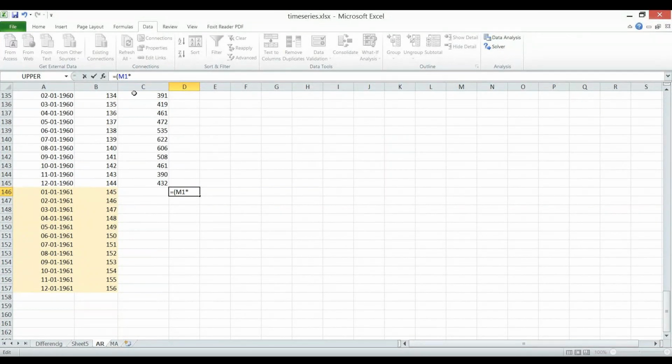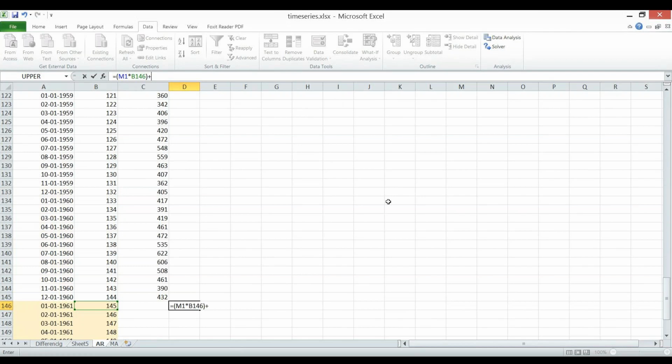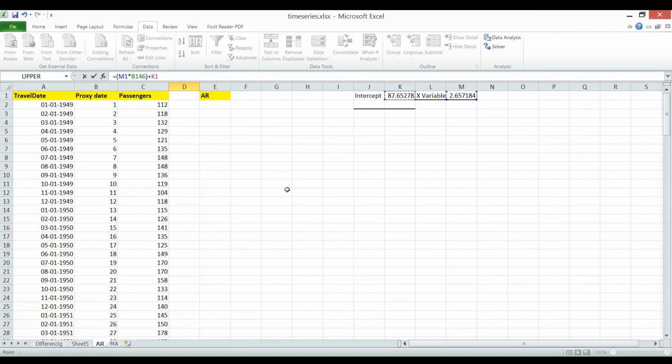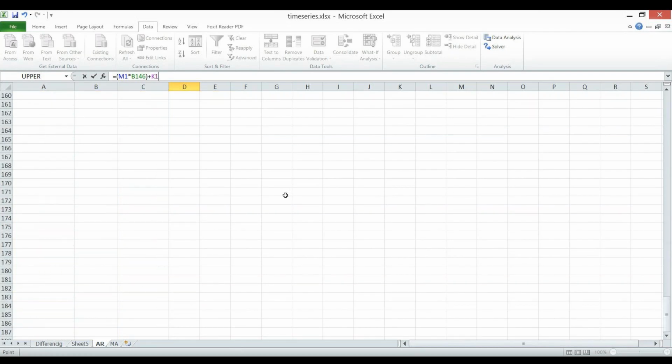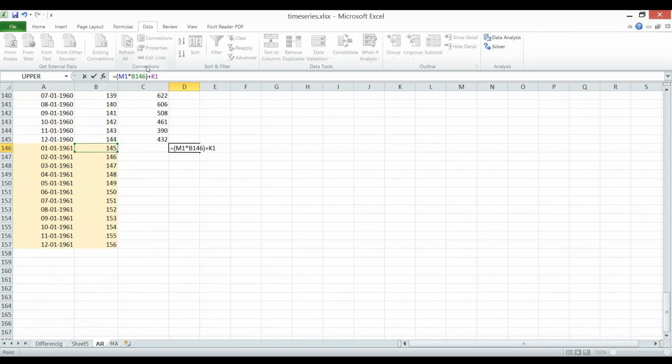m into x, where x is the last value in our feature. What is our feature? 145 here. Okay? And plus what was the intercept? This 87 point. This is our prediction for the 145th day, and let me just round it off, because I just want a complete number.